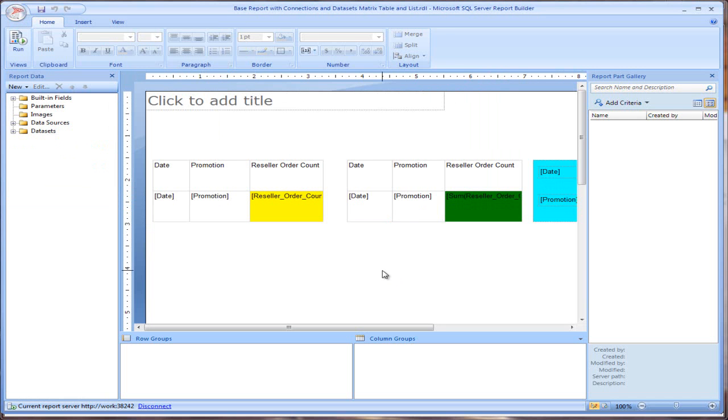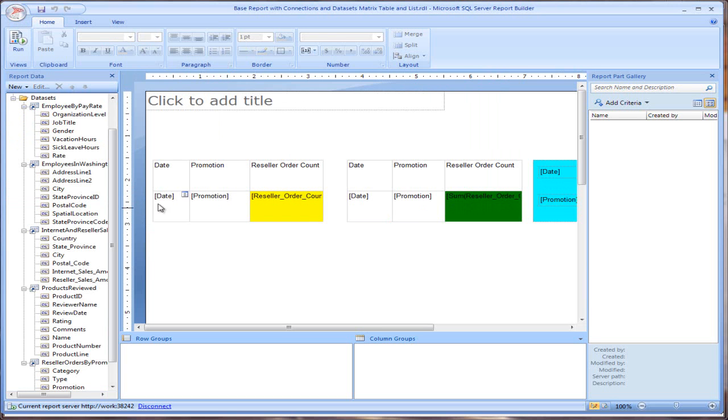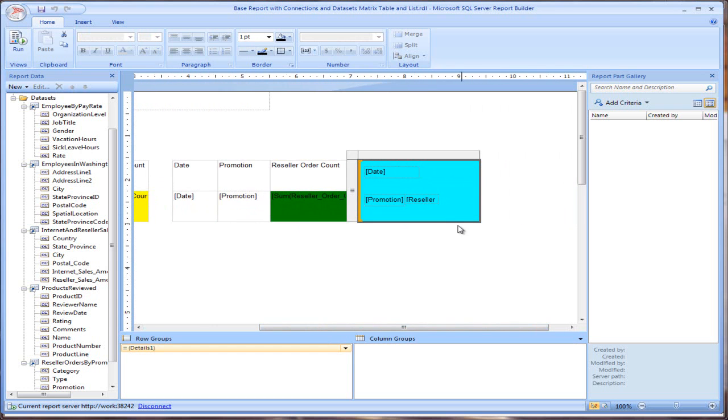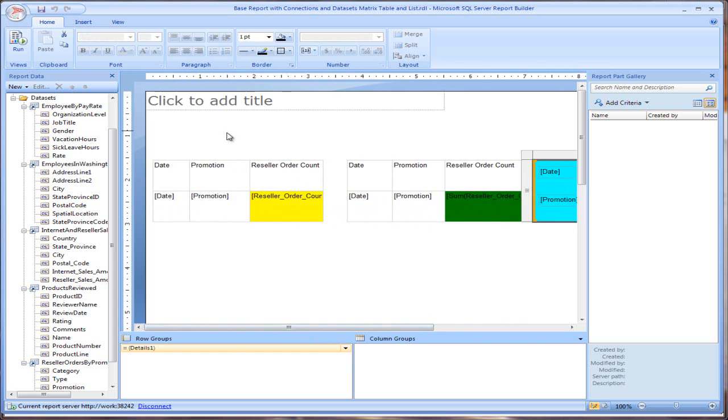So now here I've got a report up and running, and it's just a really basic report down here. I used the data set, and again, this is the one that has the multiple data sets within it, and I came in and have different matrices down here. I created a couple of matrices, as you can see, to come on across, just to show you that we have multiple matrices down here. Now if I come up to the run icon,